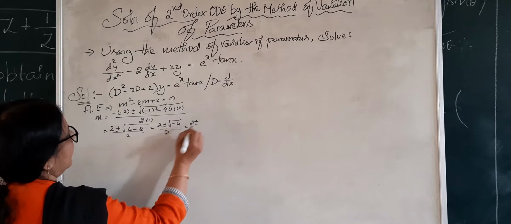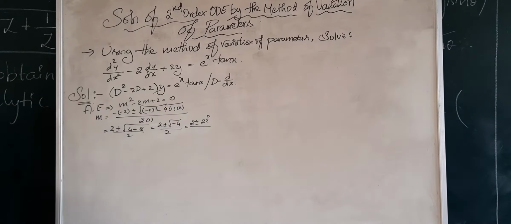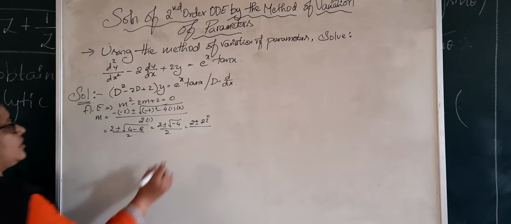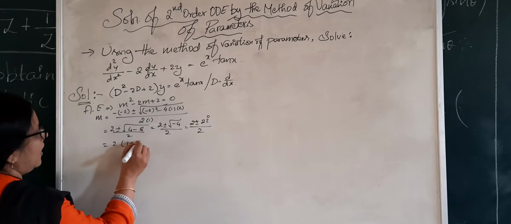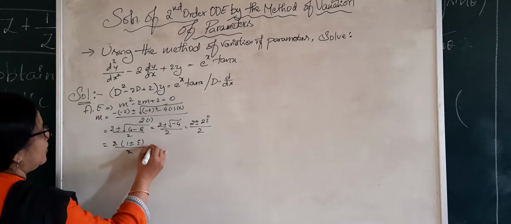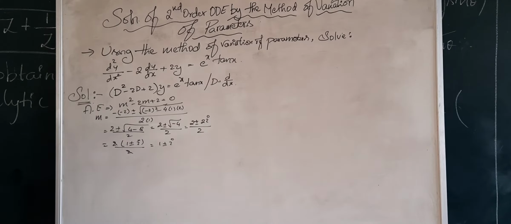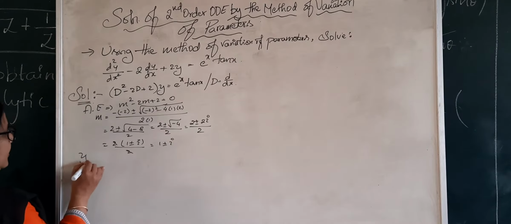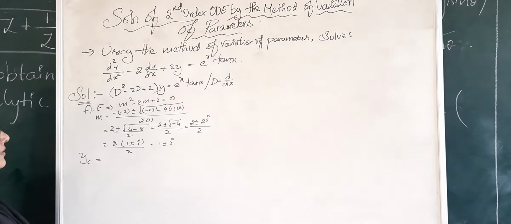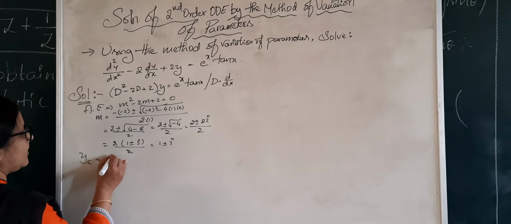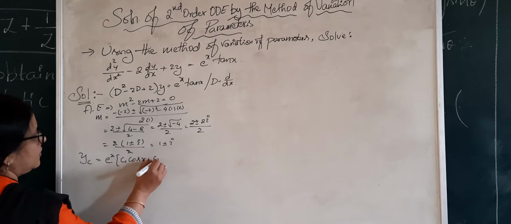So we can apply complex terms here. Under root of minus 1 is replaced by i and root 4 is 2, the whole divided by 2. Taking 2 common, we get 1 plus minus i divided by 2. 2 gets cut. Therefore, the roots of m are 1 plus minus i. Got it, guys? So we have our yc equal to e to the power x, the real part being 1, into c1 cos x plus c2 sin x.